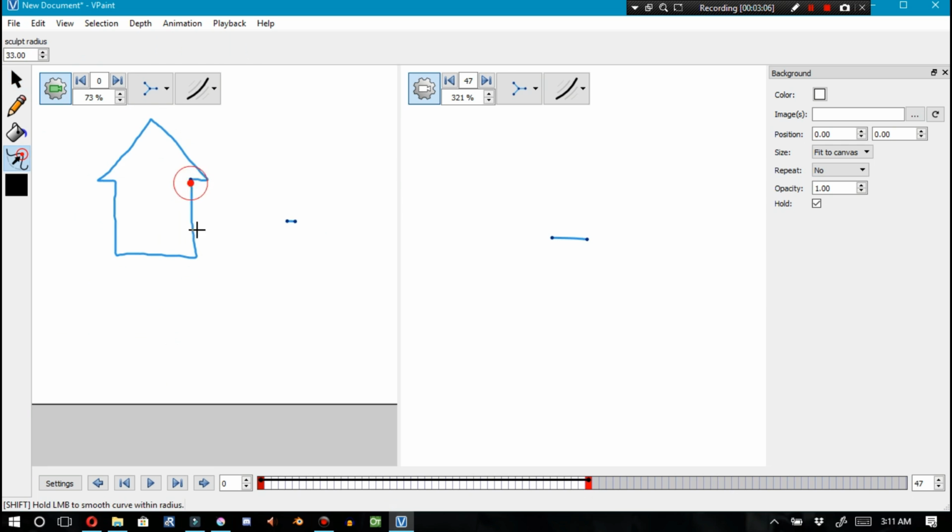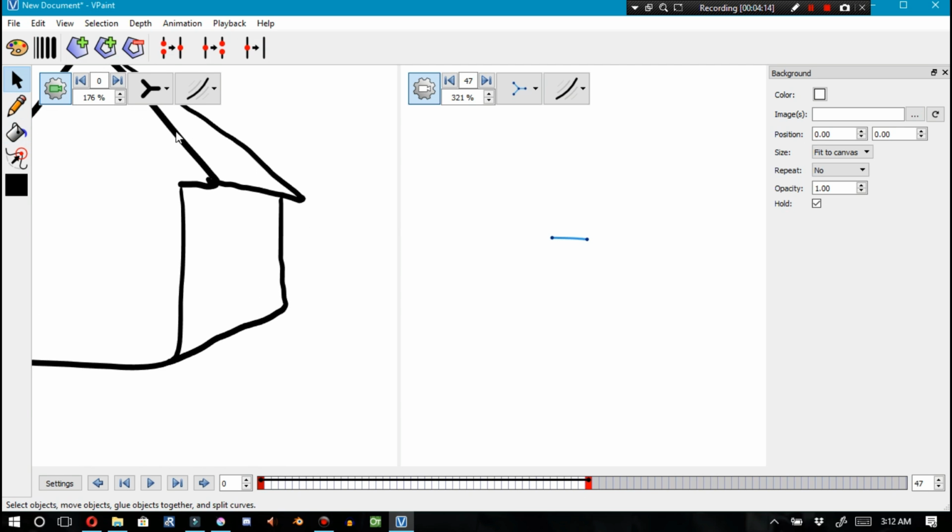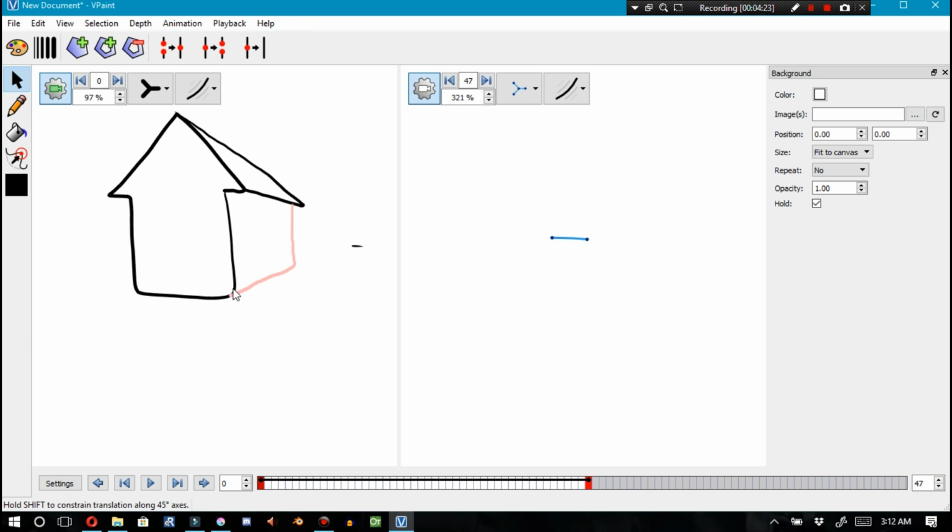I then drew out a house on the first frame, made sure the house was rigged up well, used the sculpt tool to smooth out the lines while holding shift. I then eyeballed the perspective and drew out some of the other faces to the house and double checked that the rigging was just right. After the fact, I found that some problems still existed with this rig, but it doesn't really matter for this presentation because when you do an in-between